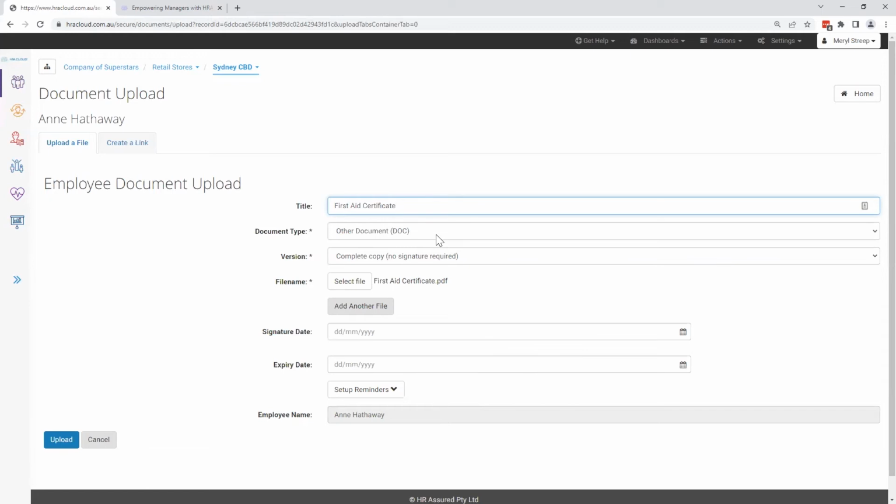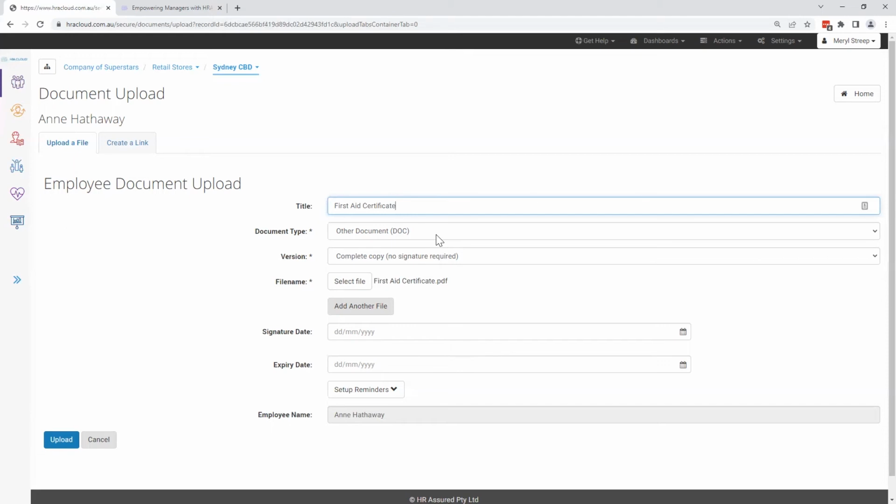Within our knowledge base, you can view an article that lists the different document types that are visible to employees through ESS, but the default document type when uploading a document will always be other document, as you can see just here. This document type is not visible to employees through ESS, so by default, if you don't change the document type, your employees will not be able to see that document through ESS.